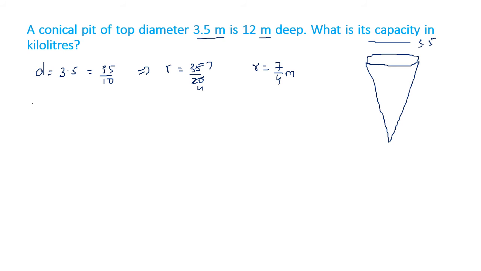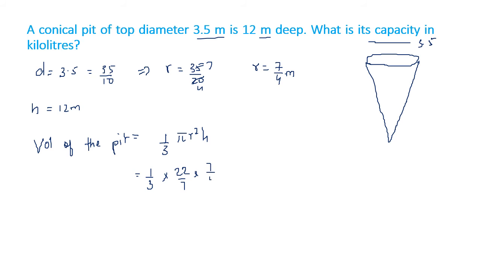Height of the conical pit, or the depth, is 12 meter. The volume of the pit equal to 1 by 3 pi r square h, or 1 by 3 into 22 by 7 into 7 by 4 into 7 by 4 into 12. Height is 12 given. So 7 and 7 got cut. 3, 4 is 12, and 4, 2 and 11. So we have 77 upon 2, or